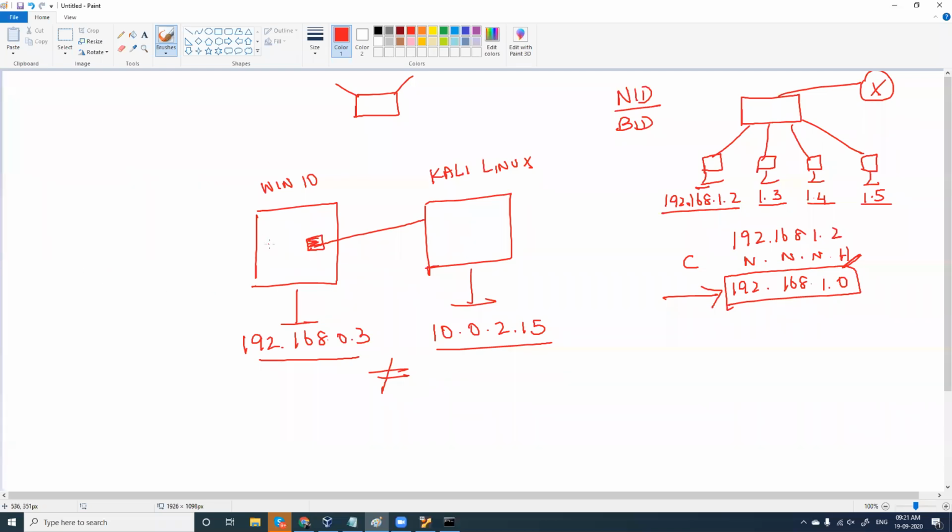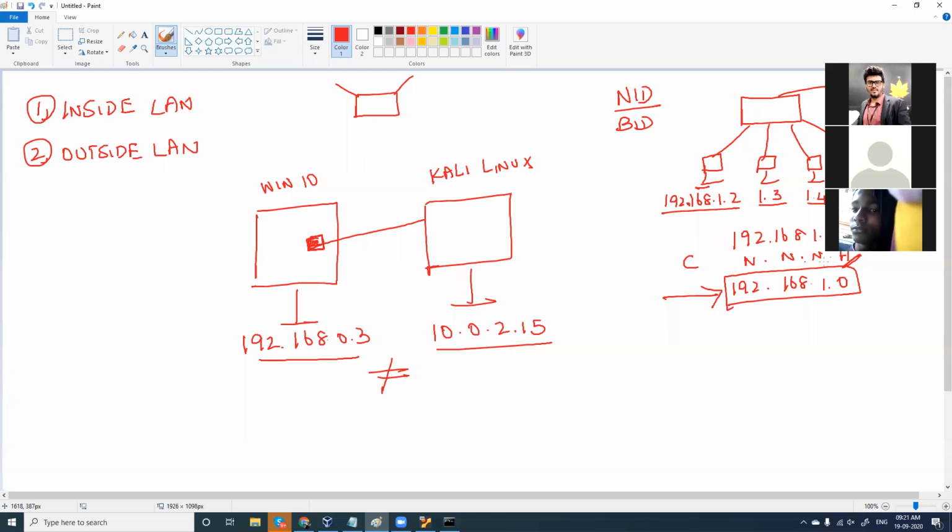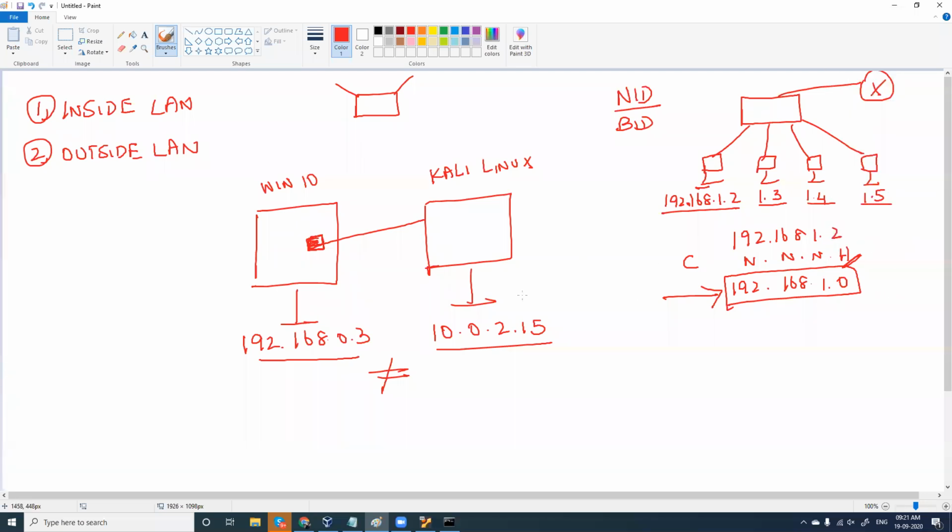Fine. So the OS which you are going to install inside VirtualBox, it is your option. Do you want the OS to be inside your LAN, or do you want the OS to behave outside the LAN? We have different scenarios. In case you want to learn hacking out of LAN, then probably this kind of architecture is okay, because this will behave like my computer is in Chennai here and this Windows 10 is in Bangalore. Both are from different LANs. In case you want to practice out of LAN, you can leave this configuration like this.